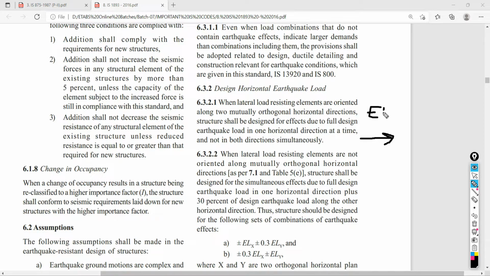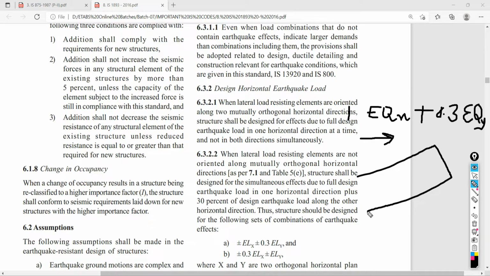So earthquake in x direction, 100% you have to consider, plus 30%, 0.3 times, of the other direction, say earthquake y. If your building is non-orthogonal, it means you are not able to define the dimension of the building in any particular direction.